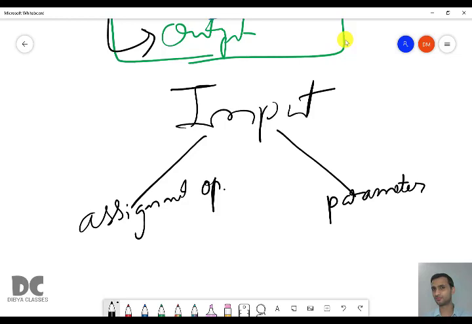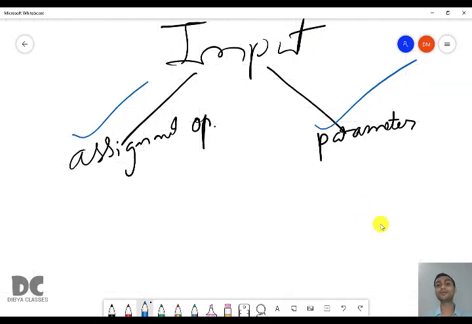So which one is good? What do you think? Actually, it depends on the type of question. It depends on the question when to use input using assignment operator and when to use input using parameter. When to use the assignment operator?